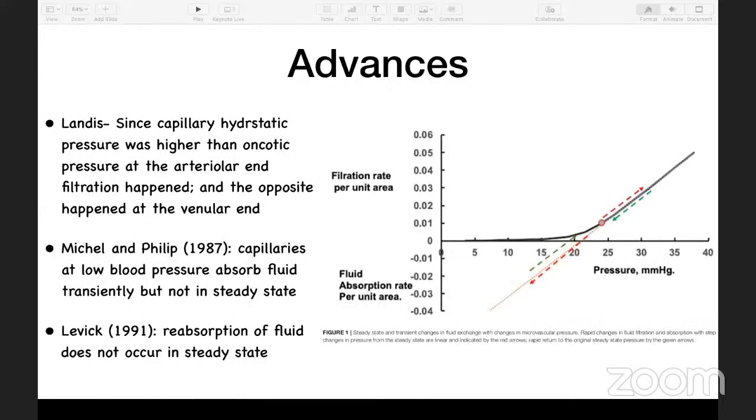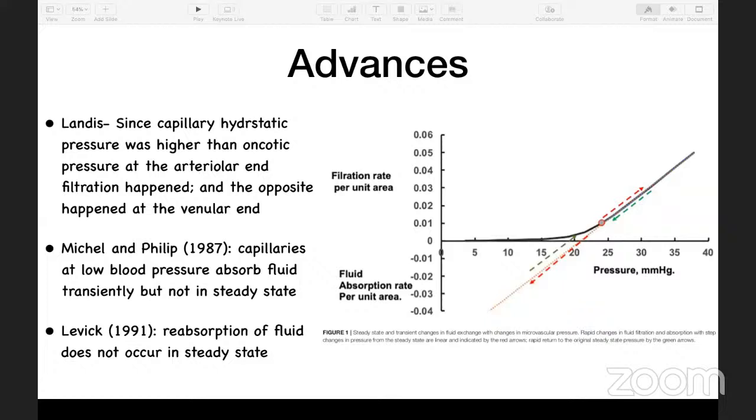So Landis, who was also a medical student, did work that was in agreement with Starling's work. But Michel and Philip in 1987 did something through their work also. They found out that capillaries at low blood pressure absorb fluid transiently, but not in steady state. And I think that was the turning point where the microvascular physiologists started thinking about what happens actually at the